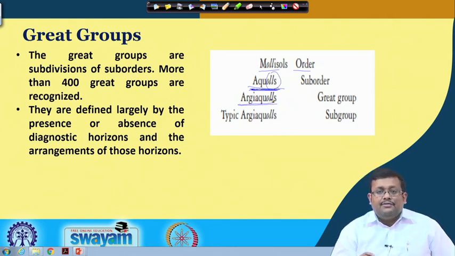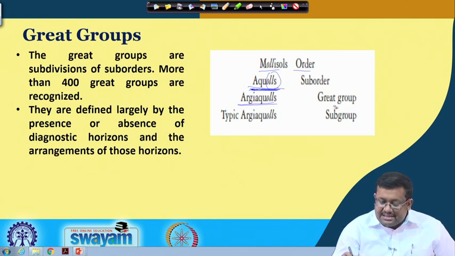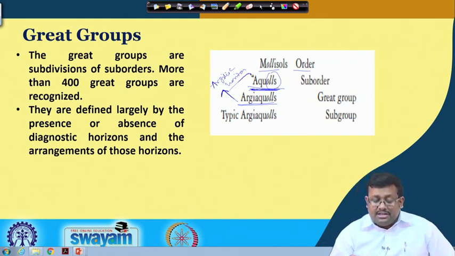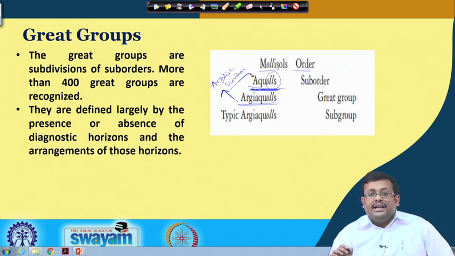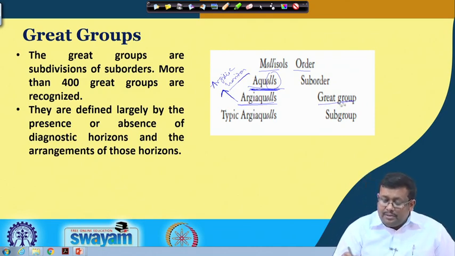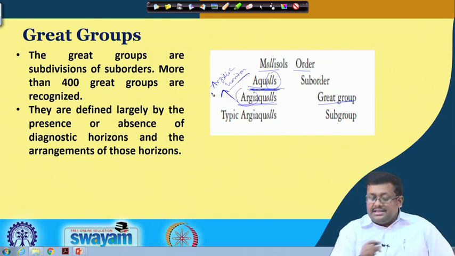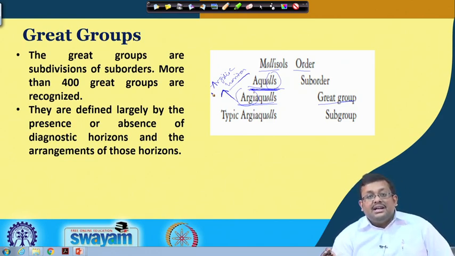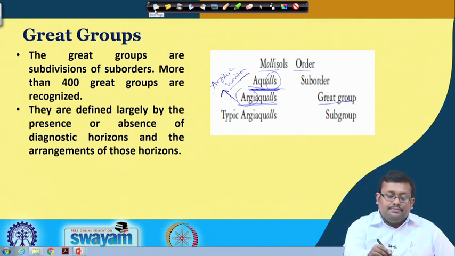So, you can see from the name that this great group shows the presence of an argillic horizon. Now, this argillic horizon is very important, as I have already told you, it is an important endopedon. So, this great group, as the name suggests, is showing the presence of a specific horizon. In this case, it is an argillic horizon. So, as the name suggests, they are defined largely by the presence and absence of diagnostic horizons and the arrangement of those horizons.